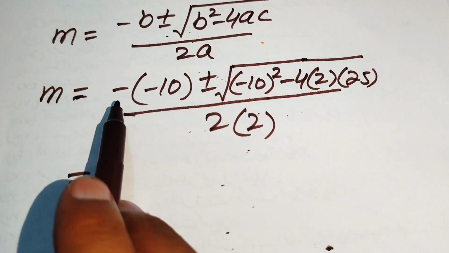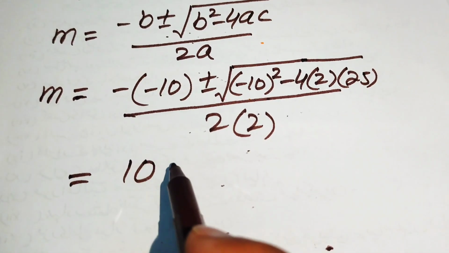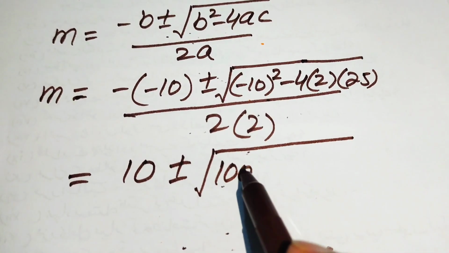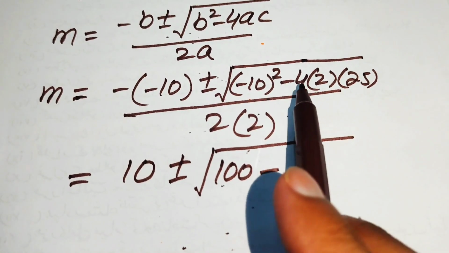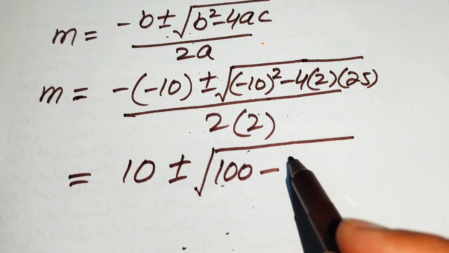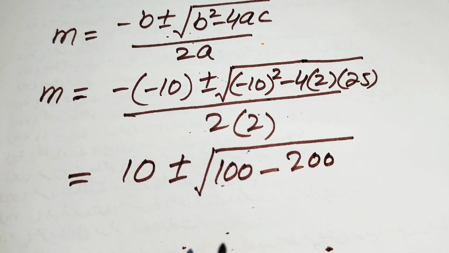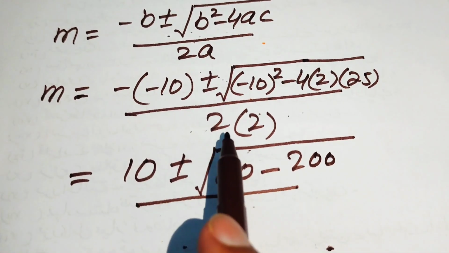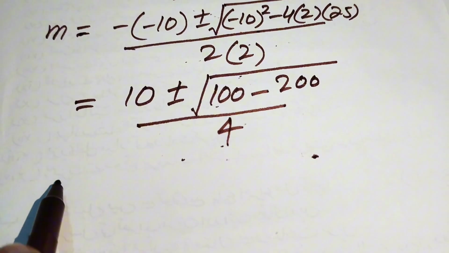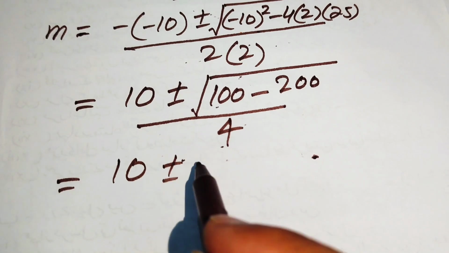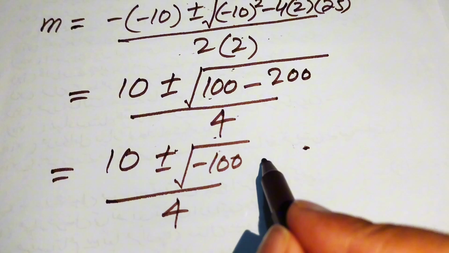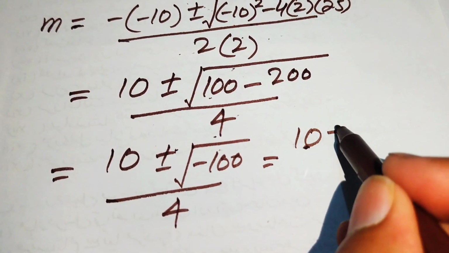So in the next step we have, minus times minus becomes plus 10, and plus minus square root of (minus 10) square equals to 100, and this is 4 times 2 is 8 and 8 times 25 is equal to 200, and this whole expression is divided by 2 times 2 becomes 4. So now in the next step we have 10 plus minus square root of minus 100 divided by 4, and here we write this term as 10 plus minus